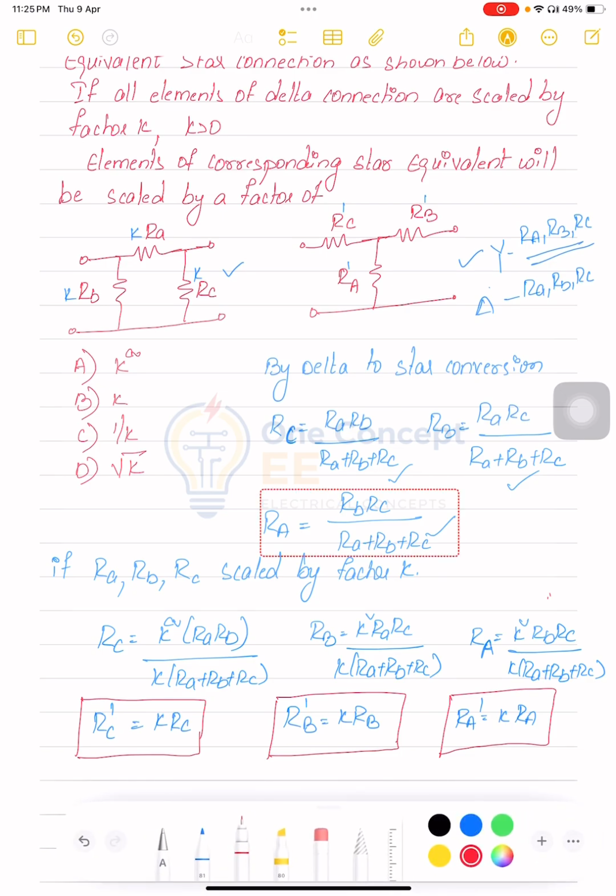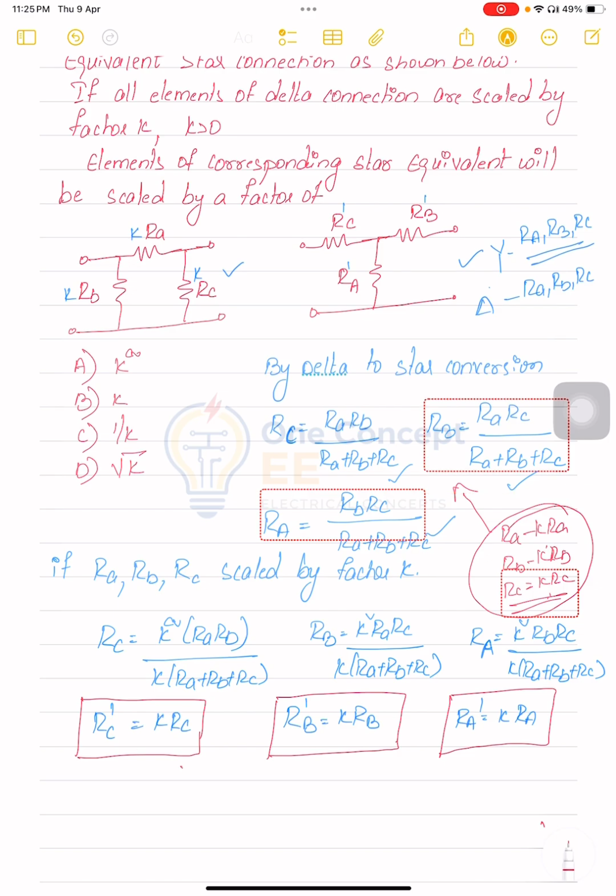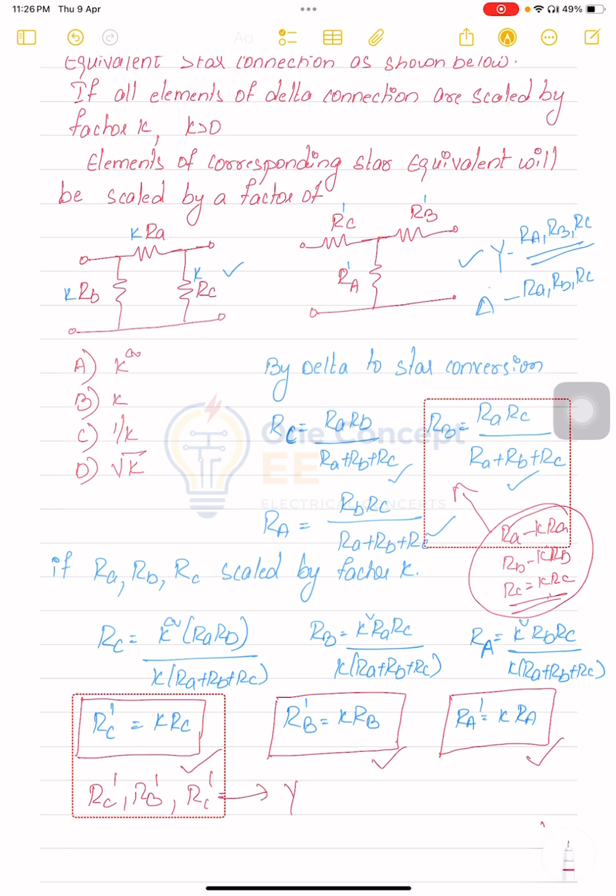If the elements in the delta connection are multiplied by a factor k, like if you replace RA with KRA, RB with KRB, RC with KRC, and substitute in the above formulas, then you get RC dash equal to KRC, RB dash equal to KRB, RA dash equal to KRA. RC dash, RB dash, RA dash are the star connection